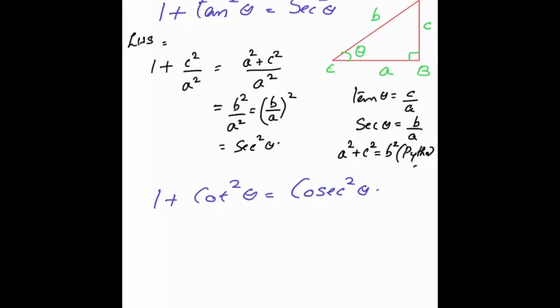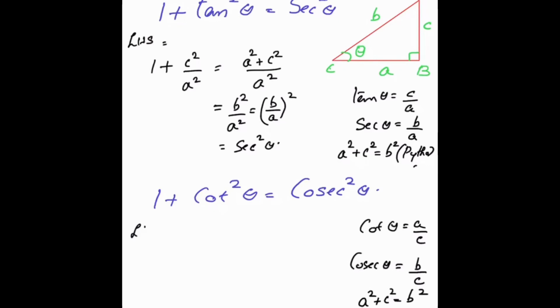The same way we will prove the third identity, 1 plus cot squared theta is equal to cosecant squared theta. Again cot theta is equal to 1 by tan. So it is A by C. Then cosecant theta is the reciprocal of sin theta. Sin theta is opposite side by hypotenuse, so this will become hypotenuse by opposite side. So it is B by C, and of course A squared plus C squared is equal to B squared by